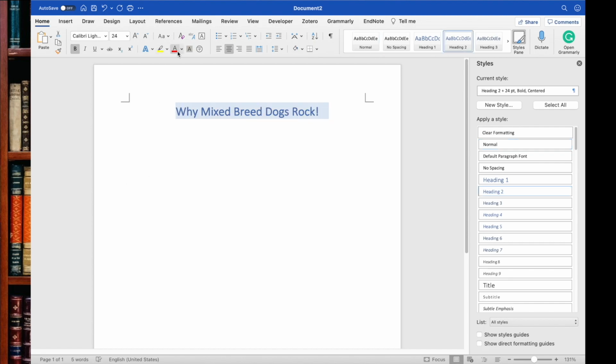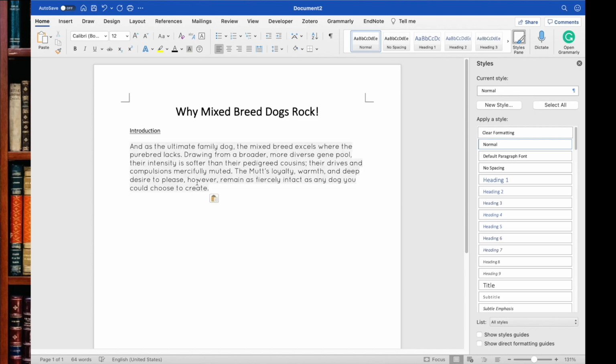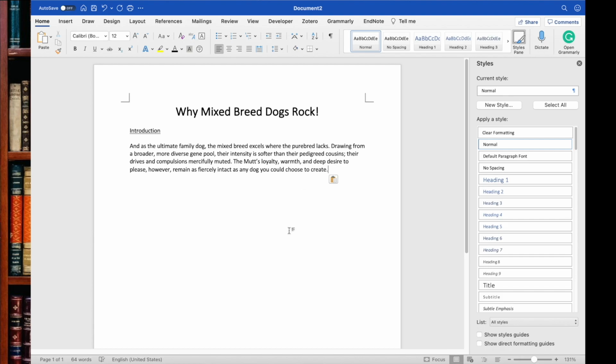Actually, I want to make this black as well. And we can then go over here, and maybe I'll make this underlined, and I can say introduction, and then I can write a paragraph about why I prefer dogs that are mutts and why they're the best or whatever. So I pulled this from the internet and I just pasted it in.